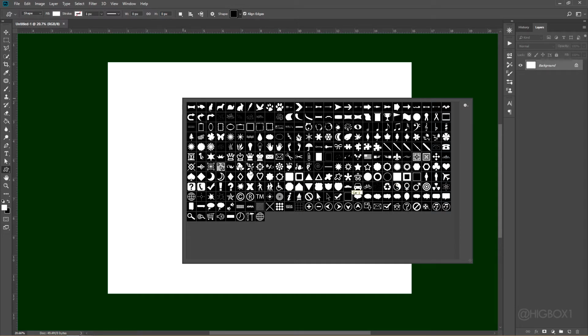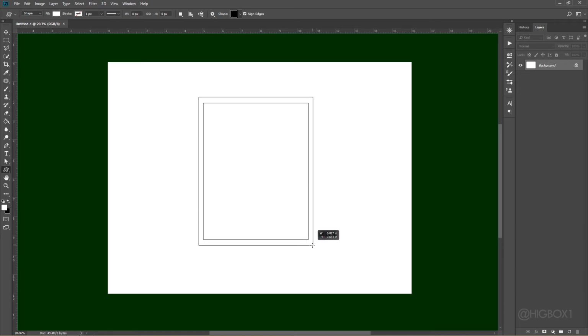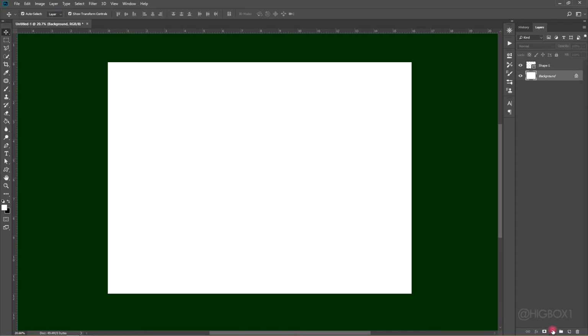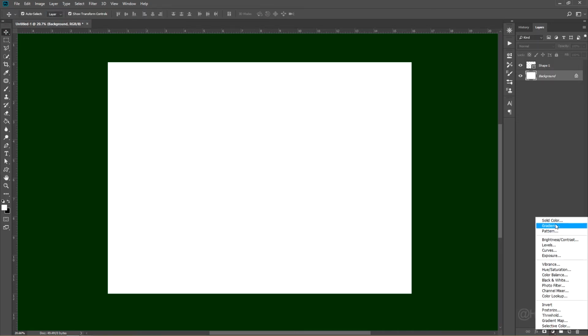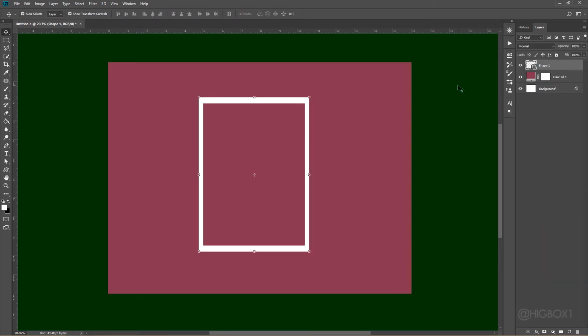This is a custom shape. We can change it to whatever we want, but for the sake of this video we'll be working with this 10 frame. After that, click and drag down, create a rectangular shape. So this is a rectangular shape, and this is okay for now. Change the background of this workspace so that we can see what we are doing. Something like this is cool. Okay, so this is the shape we just created in white.